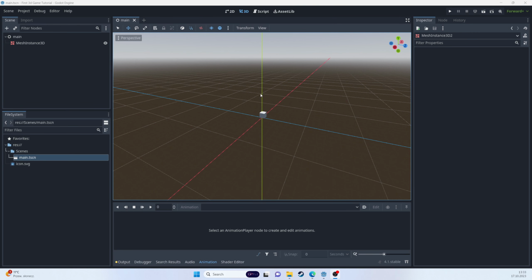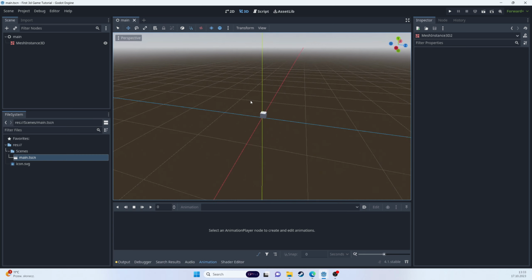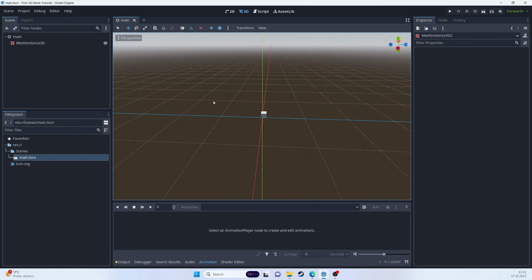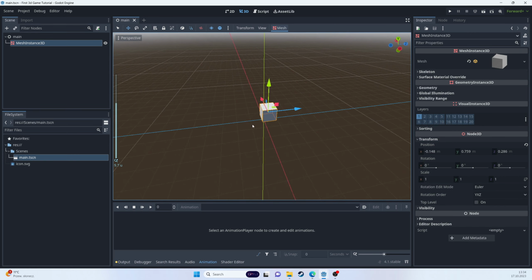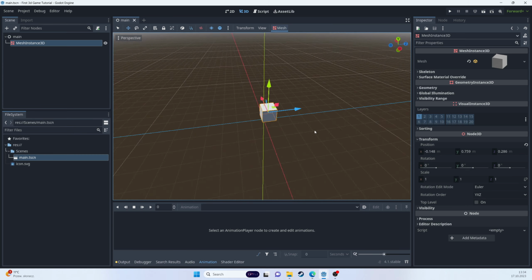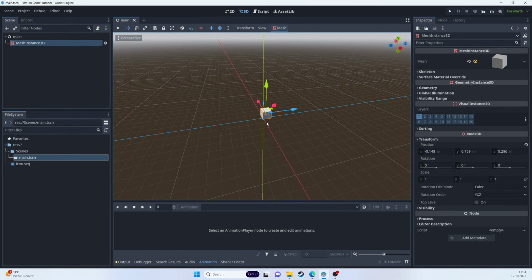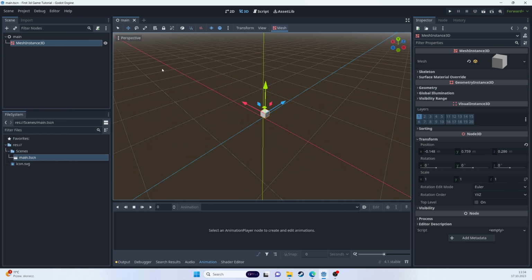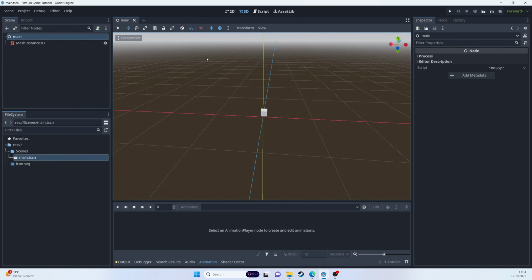For now, there's not much of a game here. So we'll start by adding a floor that our player will be moving on. I could add a mesh instance and then add other nodes to it and manipulate its properties to create a floor. But what we're trying to achieve here is that encapsulation and composition that we get when combining different scenes. So what I can do now is create a new scene and then add it to our main level